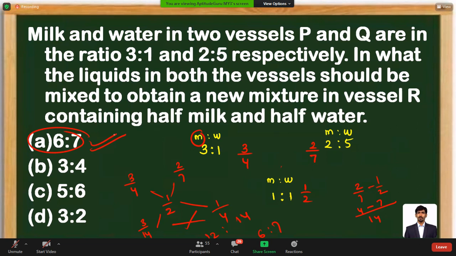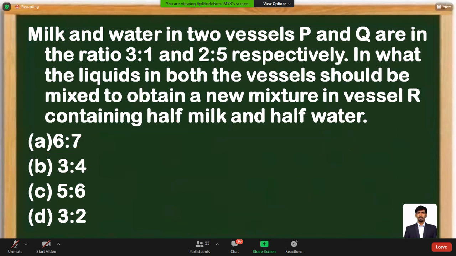Only the thing is we have to take them into proper pattern so that you are able to get the answer. You can solve only by taking any one of the entities. So here milk and water is 3:1, milk and water is 2:5, half milk, half water means 1:1. So from 3:1, milk will be 3 parts out of 4 parts. Here 2 parts out of 2 plus 5, 7 parts. It is 1 part out of 2 parts. Don't take directly 3/1, 2/5. You have to take this as a whole. That will indicate the value. This minus and this minus, if you do, you will get 6:7.